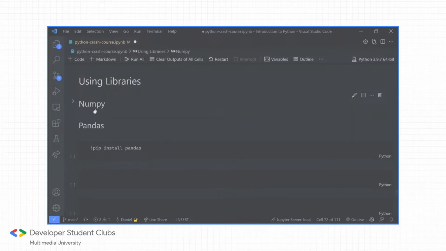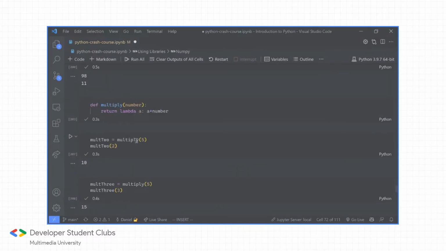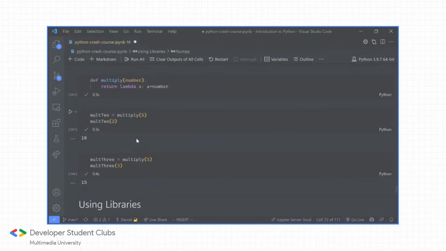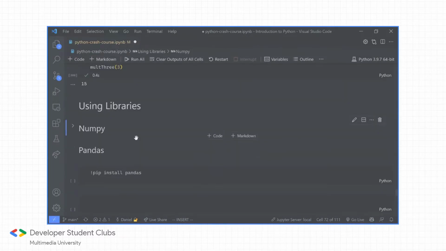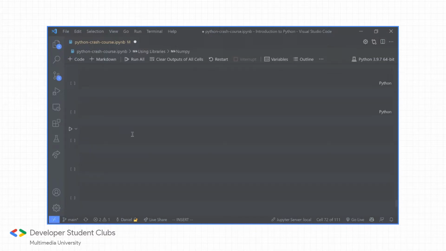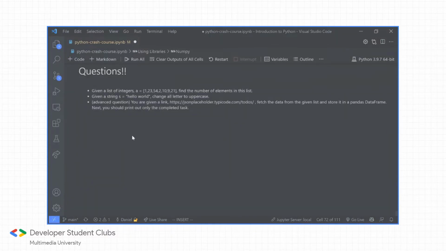Right. So regarding the libraries, we have now settled everything from variables until lambda. So we have libraries and also OOP left. For you guys to be able to actually do the challenges, the questions down here,